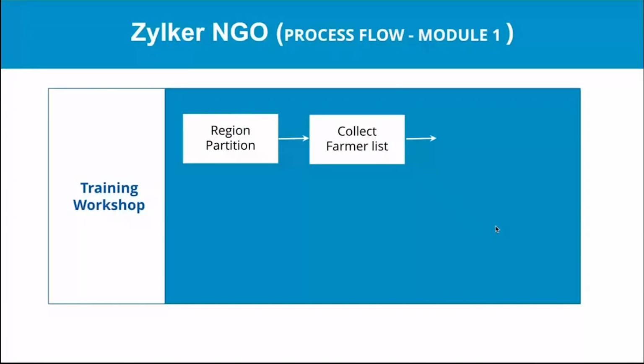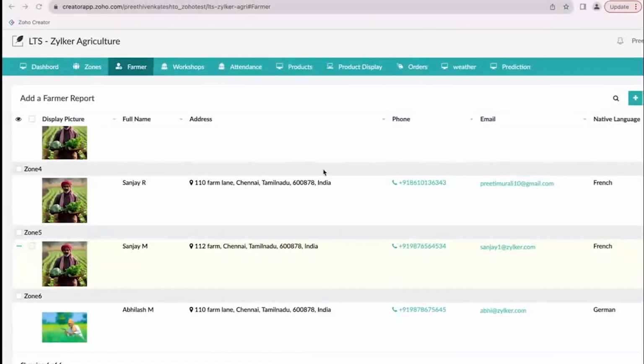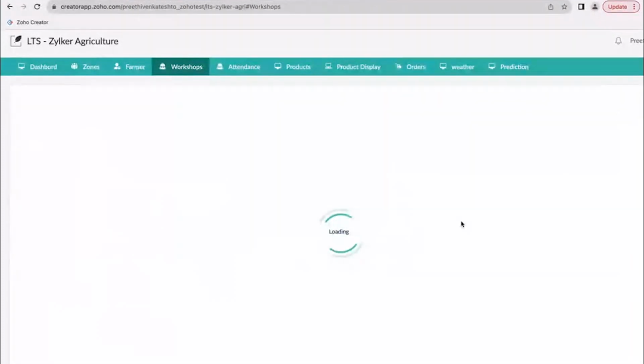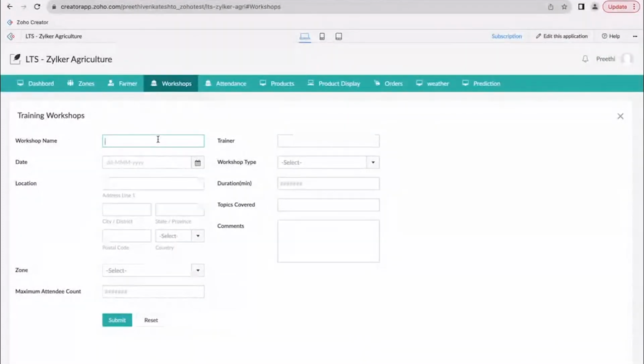So now we have collected the farmers' information according to our flow. After collecting the farmers' needs and challenges, I'm going to plan the workshop according to its needs. So the next step is that I'll be planning my workshop. Now let us try to create a workshop. Let's say this farmer is in need of modern farming technology, right? So I'm just going to conduct a workshop on that,